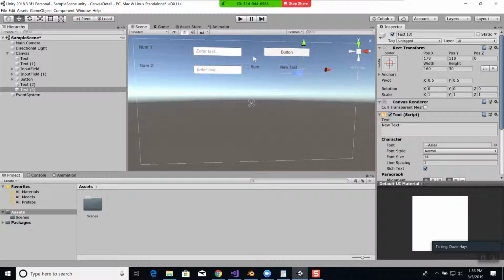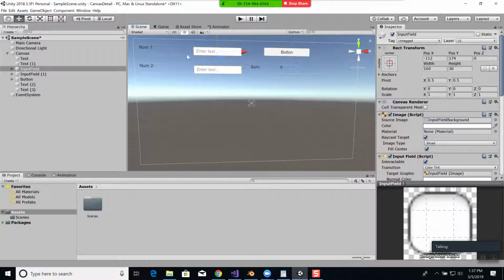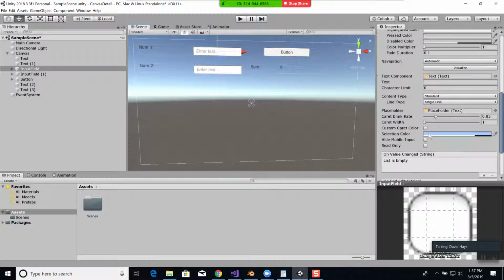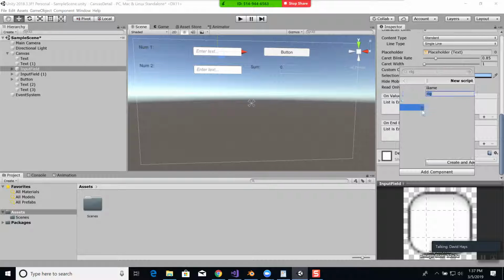Okay, so first thing we need to do is have some kind of capability to retrieve what's put into these boxes right here. And then let me change this new text to 0 since there's no answer to begin with. Okay, so I got this input field chosen, and I'm going to come over here, and you see there's an on value change and on end edit, and you could use those, but I'm going to do an add component and choose new script,